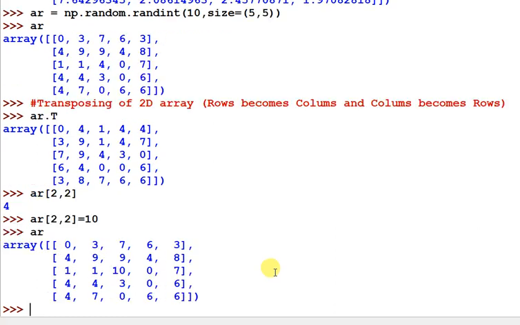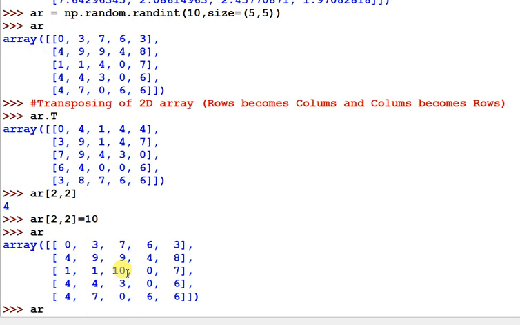You can check AR and see that this 4 has been changed to 10. So in this way you can access the element and change its value. If you want to make changes in an element, you just have to access that element through its row index and column index number, and then assign the value that you want.